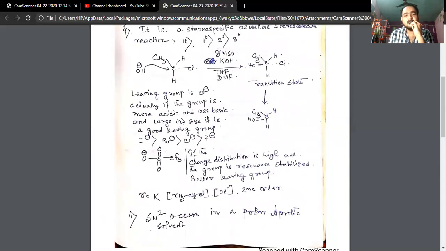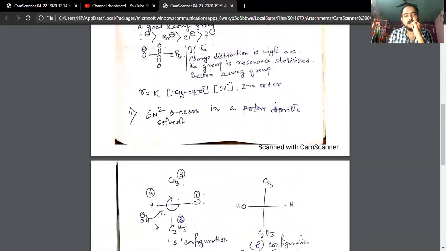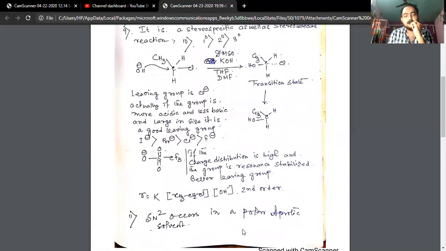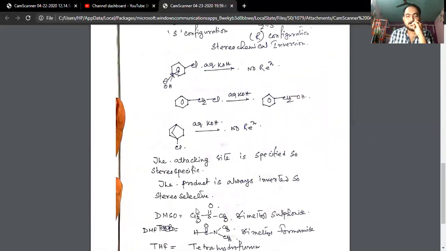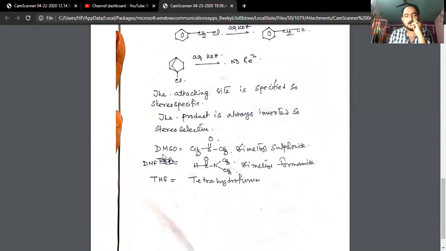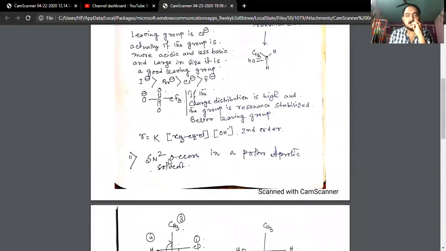You can see the 11th point. It is very important actually. SN2 occurs in a polar aprotic solvent. What is a polar aprotic solvent? A polar aprotic solvent means the solvent is polar, but it cannot donate H plus. You can see from here. Now you can see here polar aprotic solvent. The examples are, you can see also here,